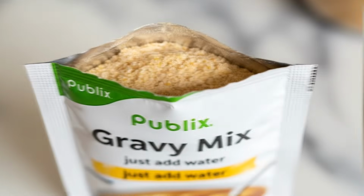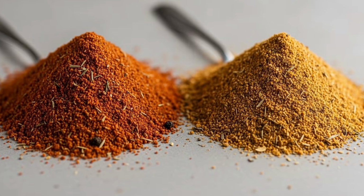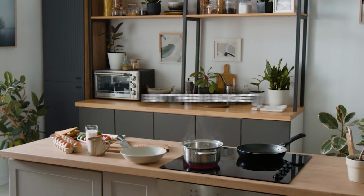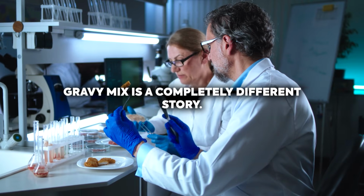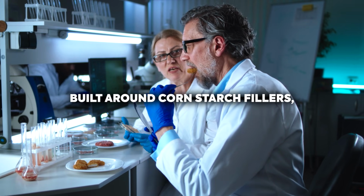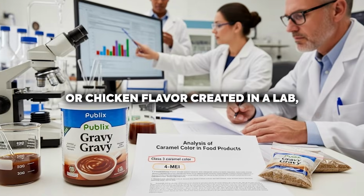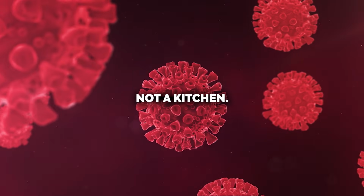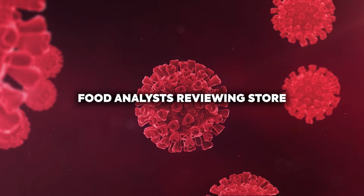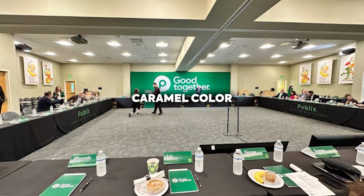Number 4. Publix Gravy Mix. Publix usually has a solid reputation for their store-brand products, but their budget gravy mix is a completely different story. Inside the packet is a formula built around cornstarch fillers, maltodextrin, and artificial beef or chicken flavor created in a lab, not a kitchen. Food analysts reviewing store-brand gravies found that Publix's version contains Class 3 caramel color that the